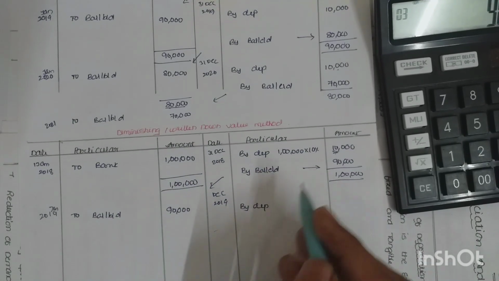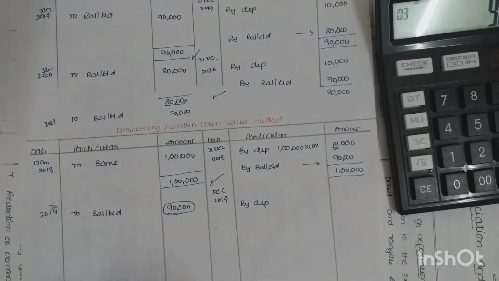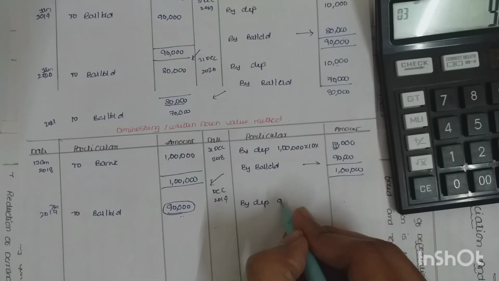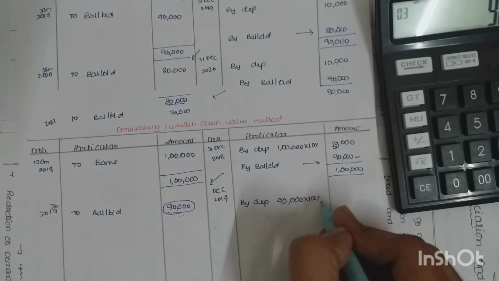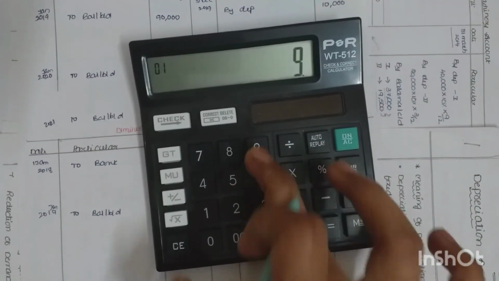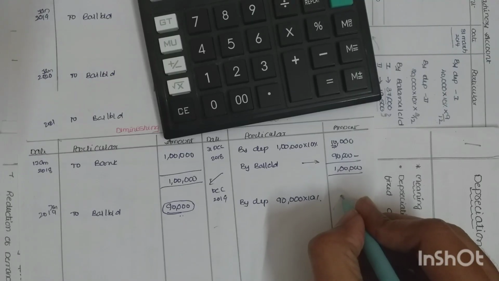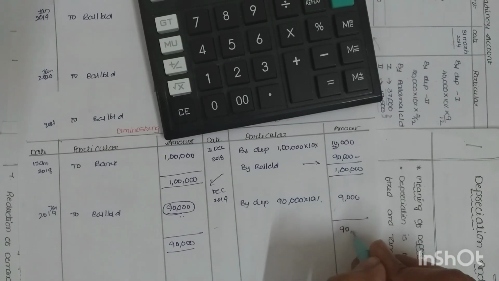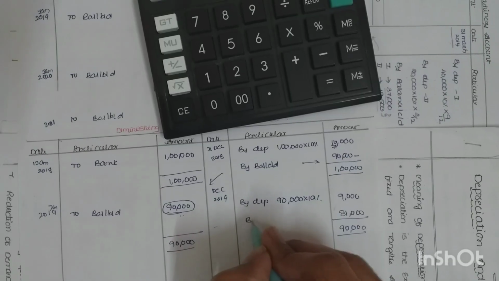But under the diminishing balance method, on the balance only you have to calculate the depreciation. Now no need to carry 10,000. Again we have to calculate on the balance, that is 90,000 into 10%. How much will you get? 9,000, right? See, 90,000 into 10% is 9,000. What is the total here? 90,000, this side also 90,000. 90,000 minus 9,000, 81,000 you will get. This is by balance